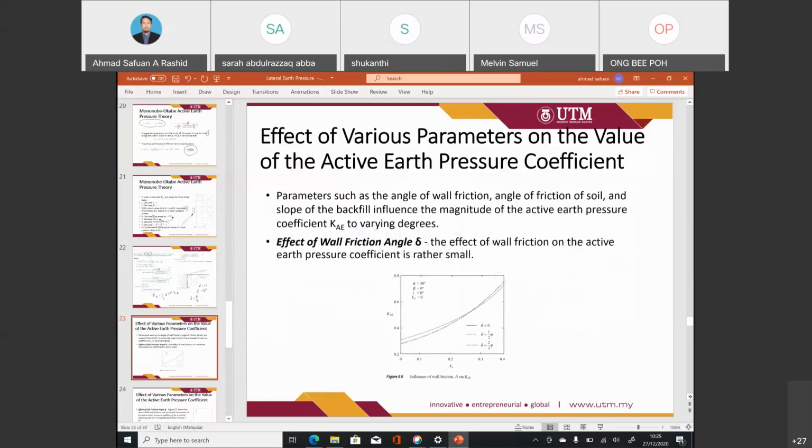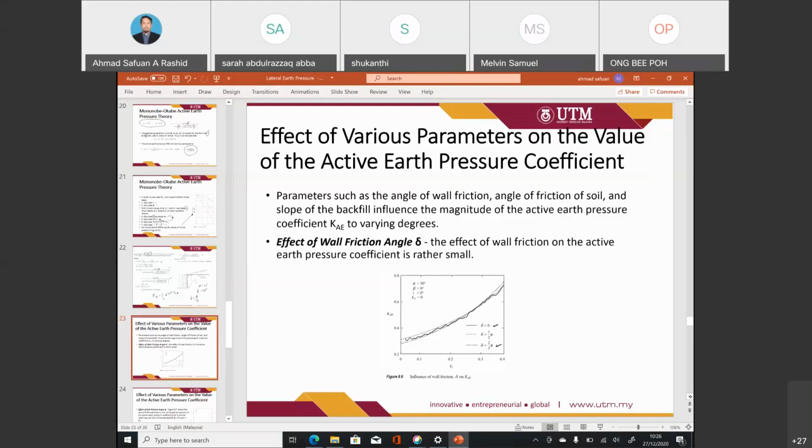So this is just to study the effect of various parameters on the value of the earthquake pressure coefficients. For example, what would be the effect of the wall friction angle? Based on the findings, the effect of the wall friction angle on the active earth pressure coefficient is rather small. If we increase the value of delta from 0 to 2/3 of phi, there will be no significant difference